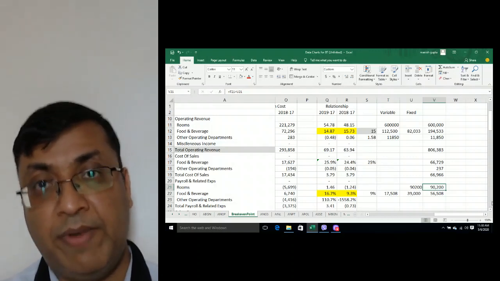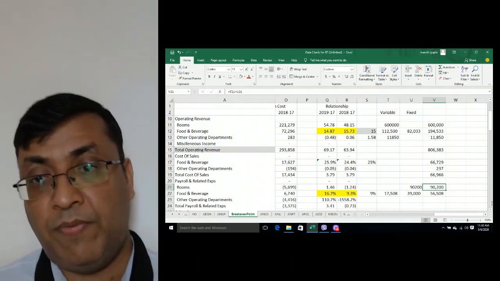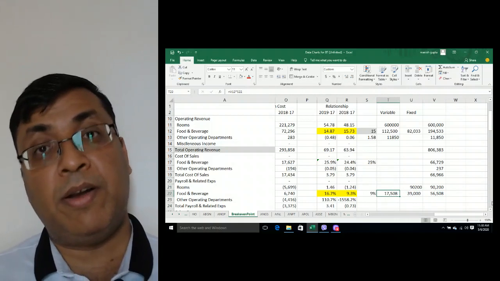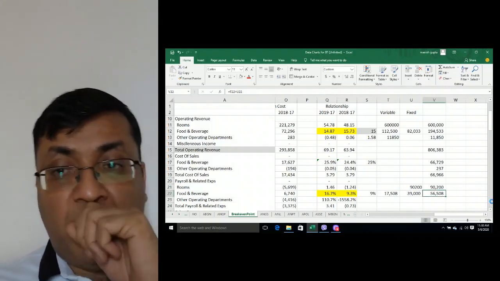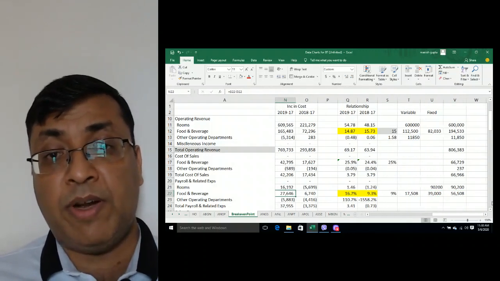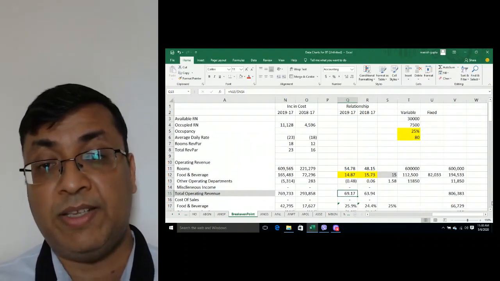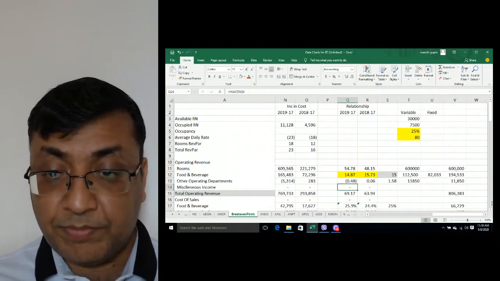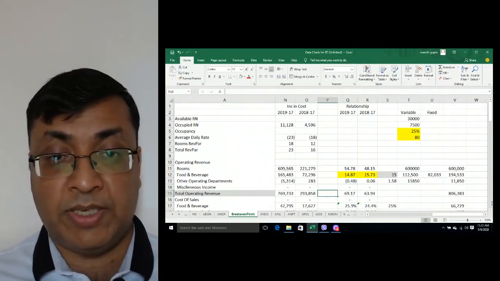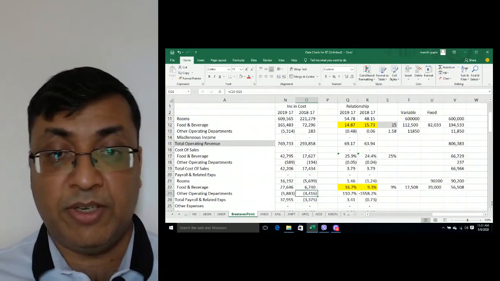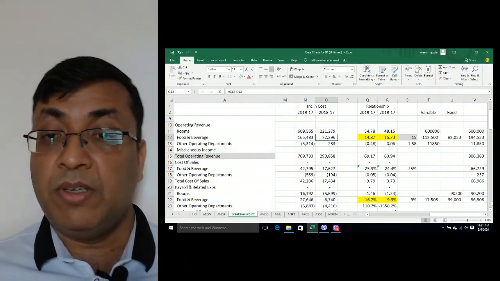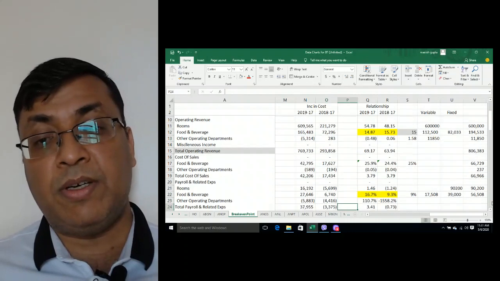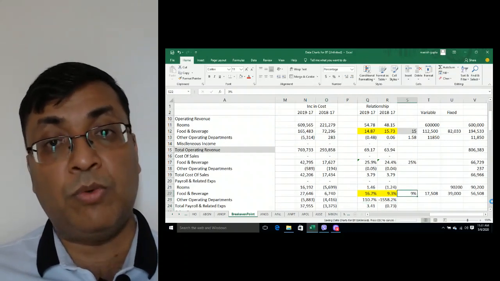So whenever our revenue increases, our fixed cost will remain the same, but the variable cost will increase. So it will change automatically. When our revenue increases significantly, let's say by more than this 160,000 or more than 70,000, then we have to increase the variable cost to a higher level.